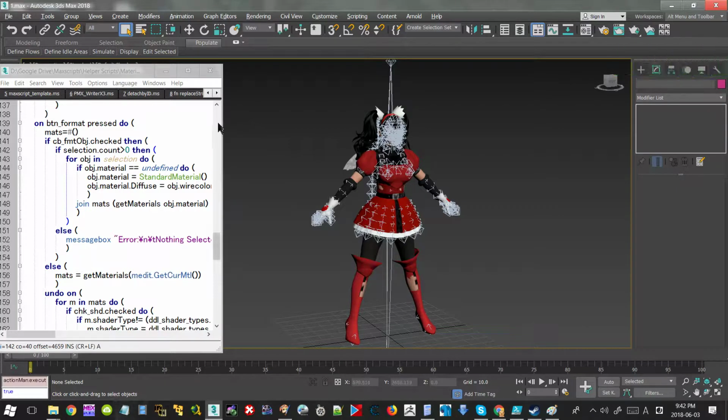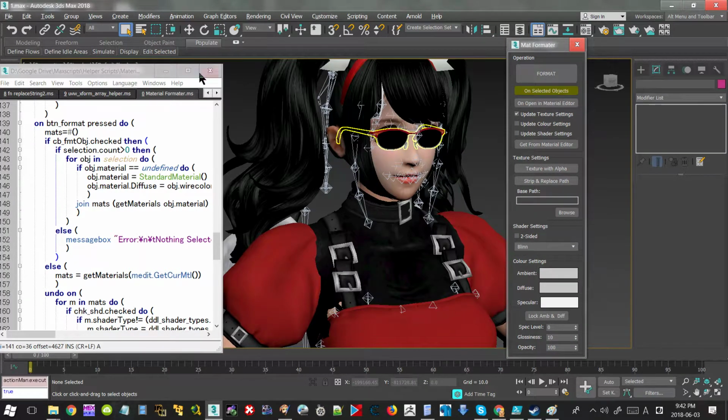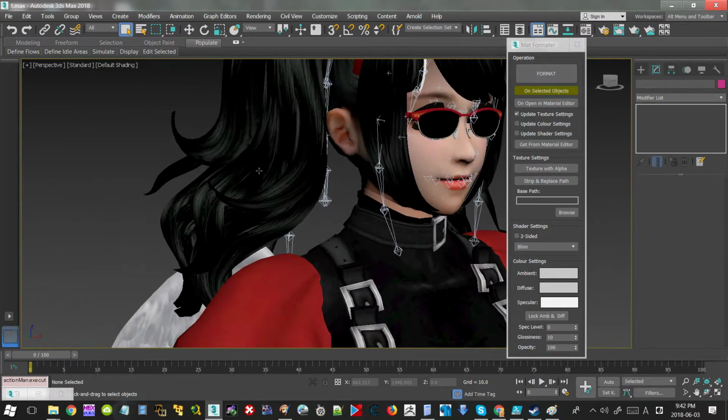I'm going to be releasing the material formatter, which is a simple MaxScript that was written during a time period where I was doing a lot of ripped model converting. So maybe going from Half-Life or Gmod, whatever, to XNA Lara to MikuMikuDance. Basically, for example, here's a ripped model that I imported